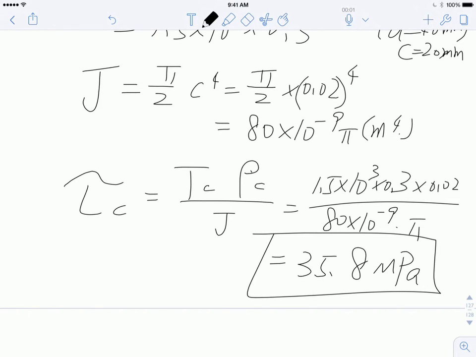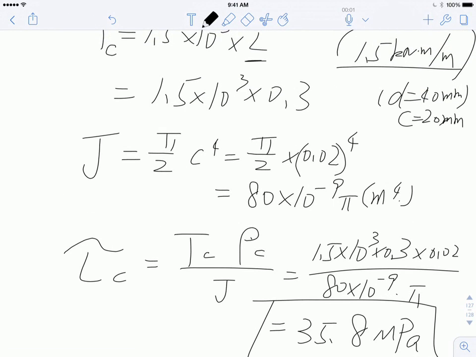So, three steps: internal force analysis, find J, and then find tau. Okay? Alright, I am going to stop here, and then if